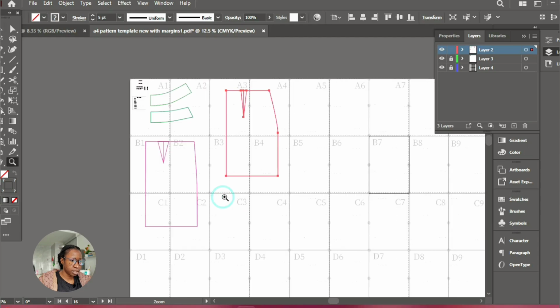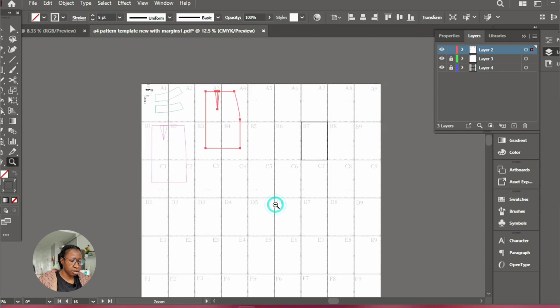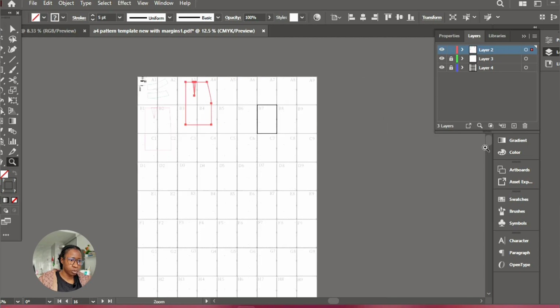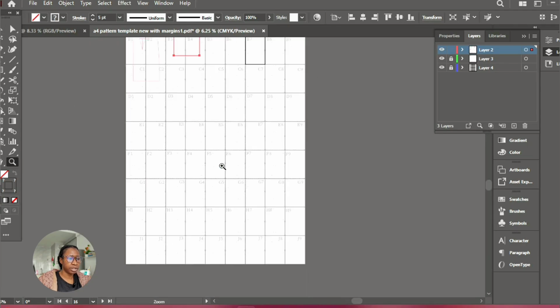Okay, so now that that is done, you can see I already have so much space here that I don't need anymore. So what am I going to do? First of all, I'm going to have to delete them, because if you don't delete them when you're printing, all these papers will be printed. Okay, so for that,